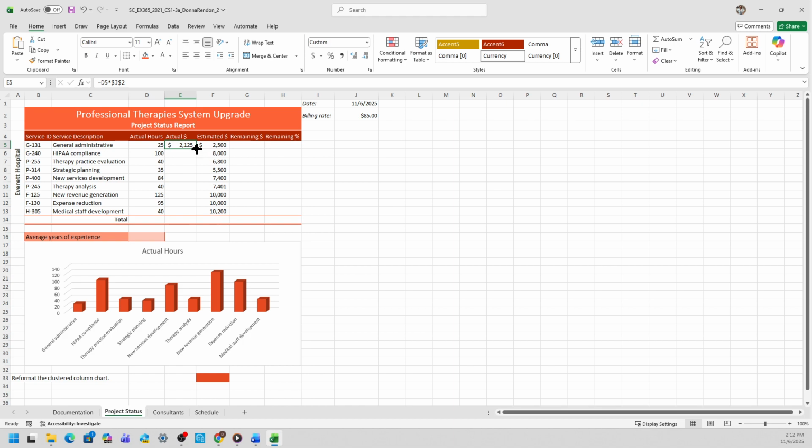So use the fill handle, drag the formula all the way to E13, and then you see this icon here, the autofill option. Select the drop down menu and fill without formatting. So that retains the underline or the format in cell E13. Okay,